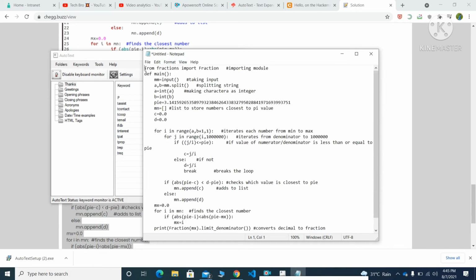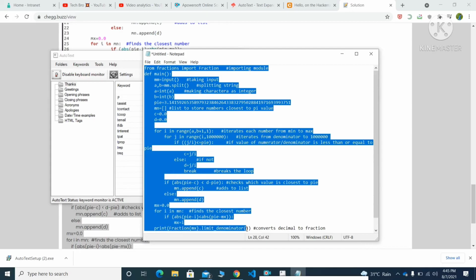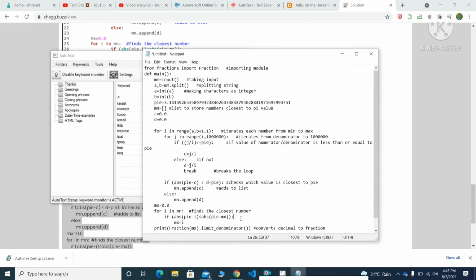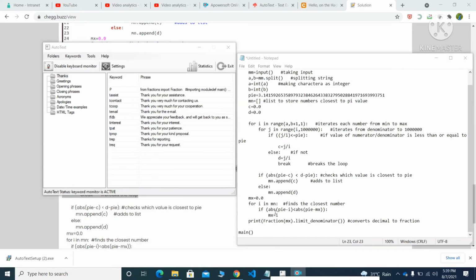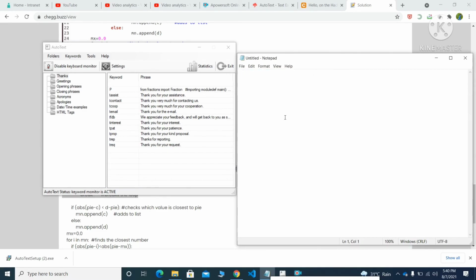Yeah, so we copy pasted the answer without Ctrl V. The proctored platform will disable only Ctrl C and Ctrl V. It will not disable the alphabetical characters, so we can use that. But make sure, guys, once you submit the assignment, it is better to reset this AutoText software, or better to close it, or else you may receive an issue. Okay, I will just close this.